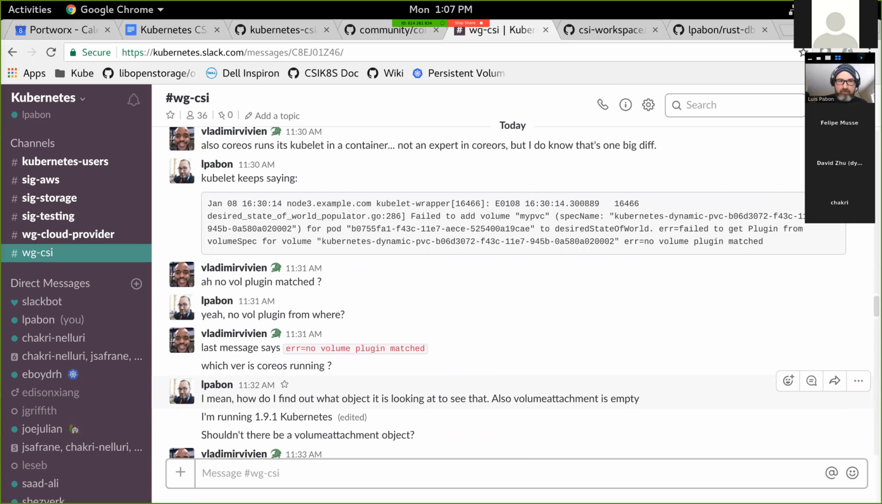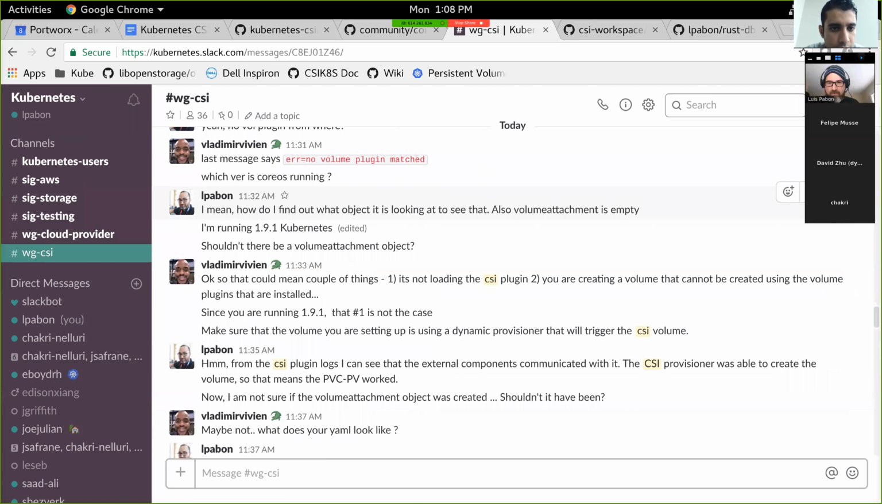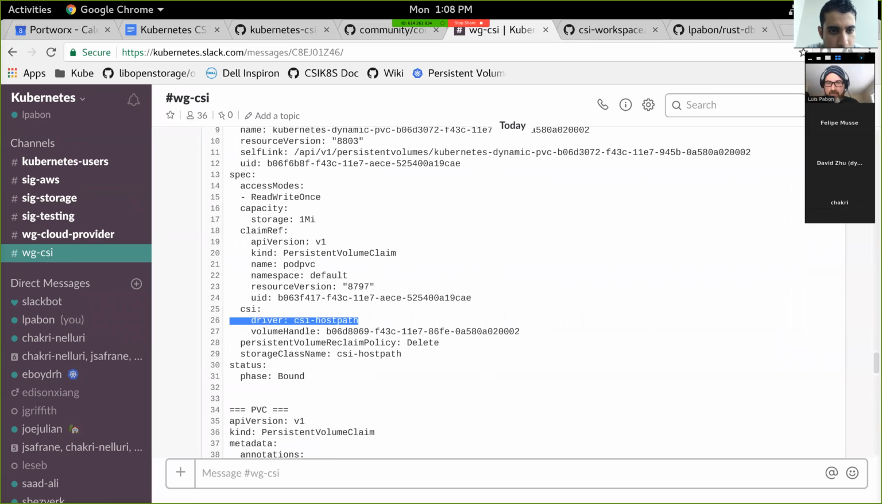No volume plugin matched. So that's why I was thinking maybe it has to do with, because I think what's going on is we're not specifying anywhere that the CSI plugin must be used. It should be in the PVC or in the PV object, right? In the PV object, where you define that you're using the CSI plugin. So yeah, my bet is that